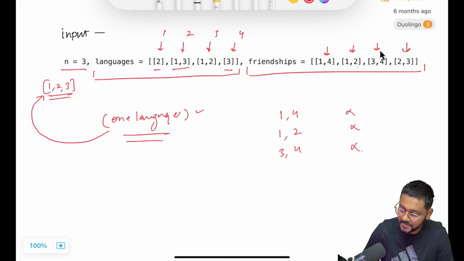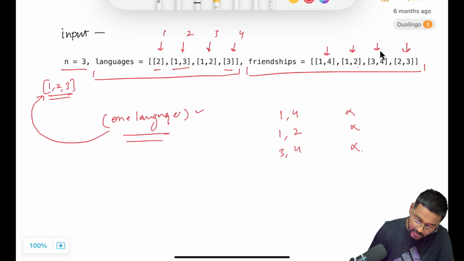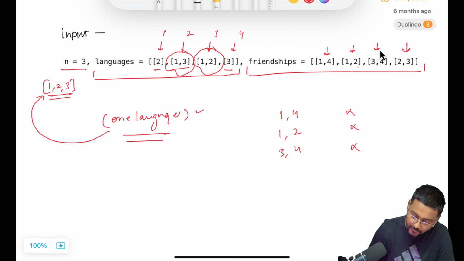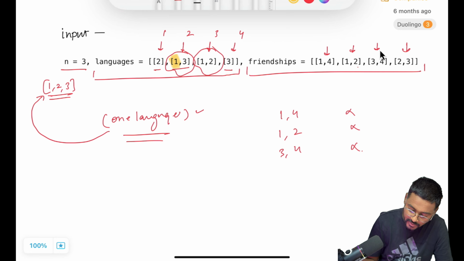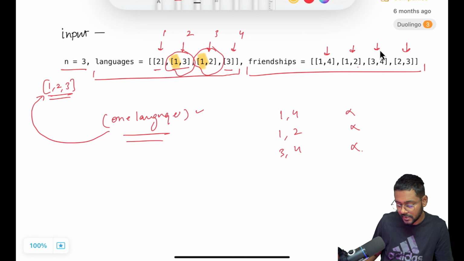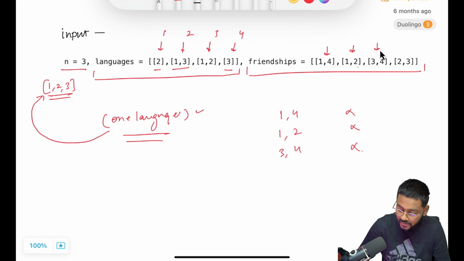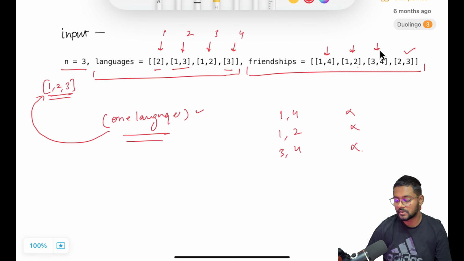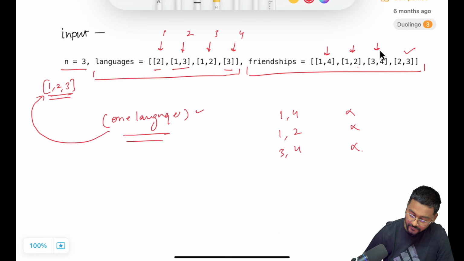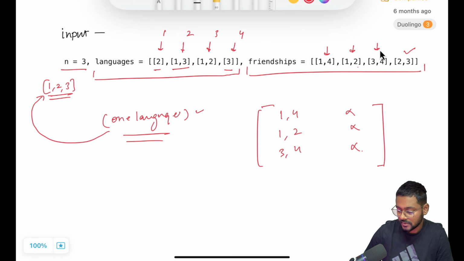Let's check for the last pair of friendship, 2 and 3. This is the set of languages for 2, set of languages for 3. They have 1 in common. This 1 is common among these two sets. It means these two friends can communicate with each other. If they can communicate with each other, it means they are already good. We don't have to worry about these two people, and we only have to worry about these 3 group of